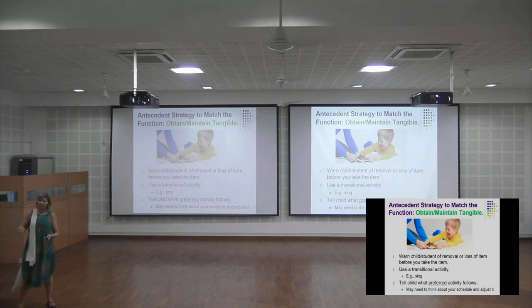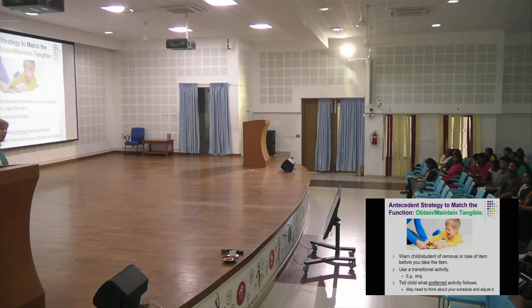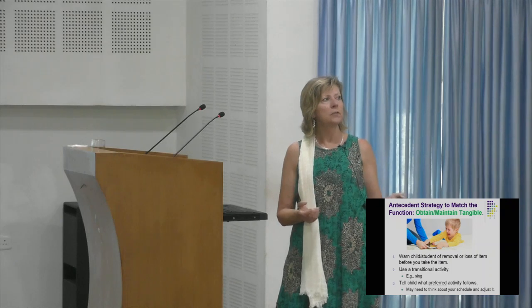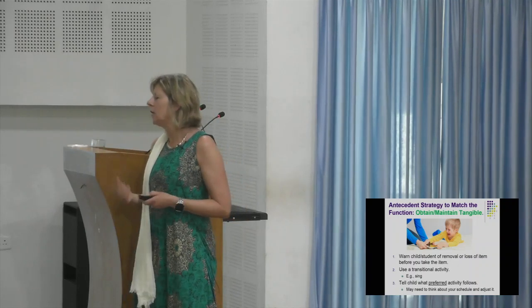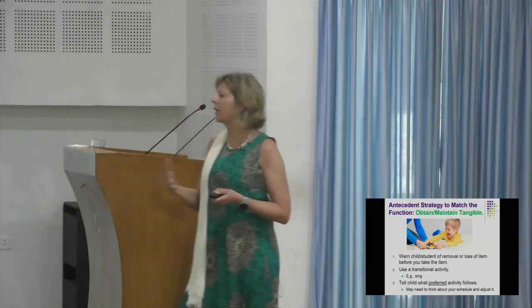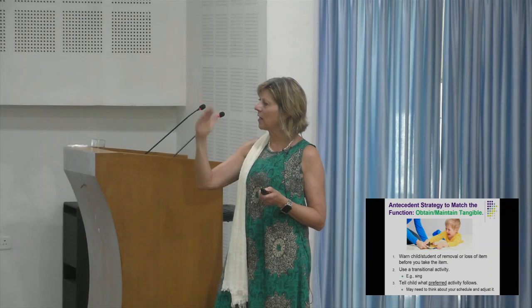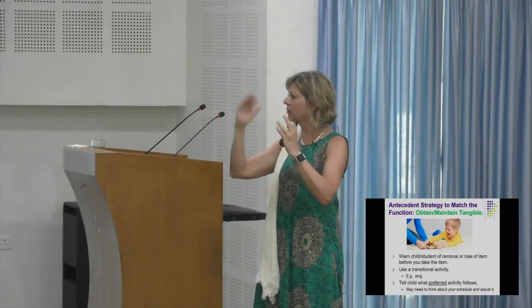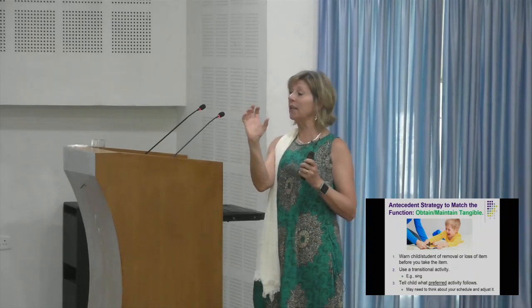That would be an example of having a difficult time with transitions. They're playing with something that they really prefer, and they don't want to give it up. So one important thing would be to warn the child that you're going to take the item away, or that he can do it for 2 more minutes, or he can take 2 more turns, whatever it is, but that the time is coming. It might be a clock where he sees the time run out, one of those clocks where the red hand shows how much time is left. Do you have those? I don't know. But use some way to visually indicate how much time is left.